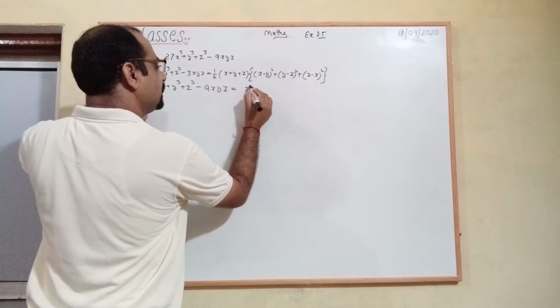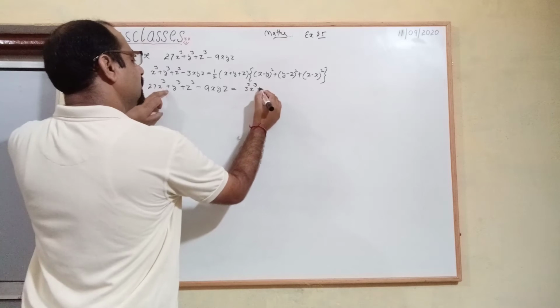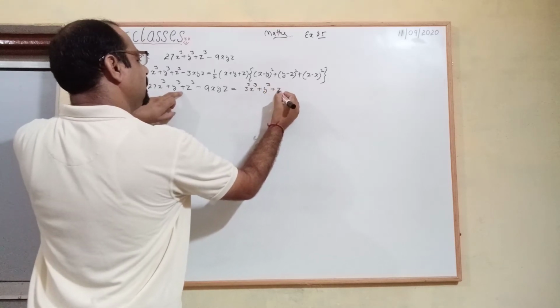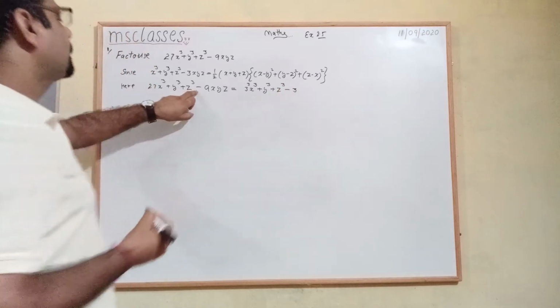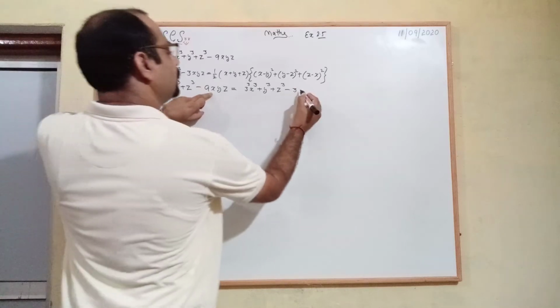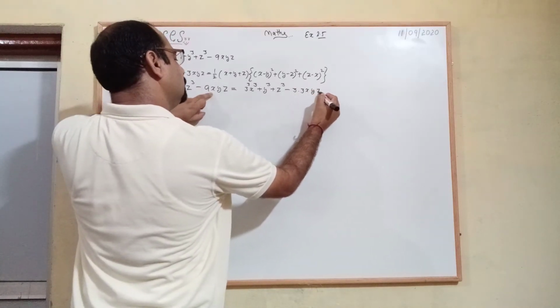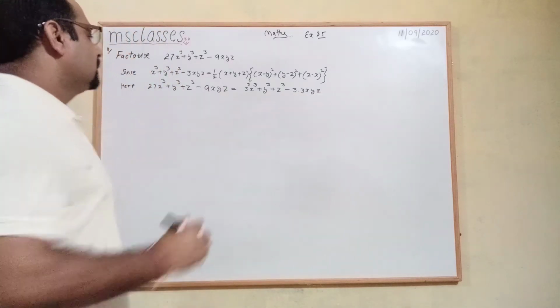So this is 3 cube x cube, y cube as it is plus z cube as it is minus 3 into 3x into y into z. So this becomes the identity. Now